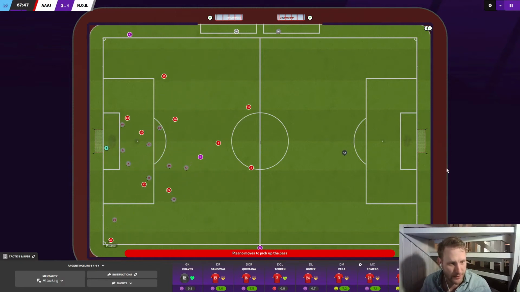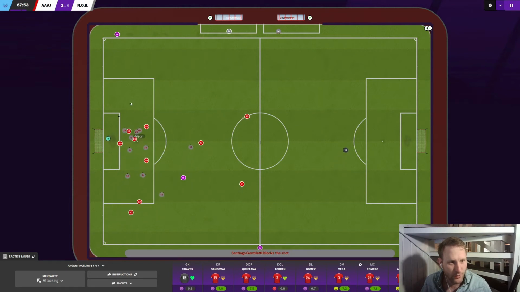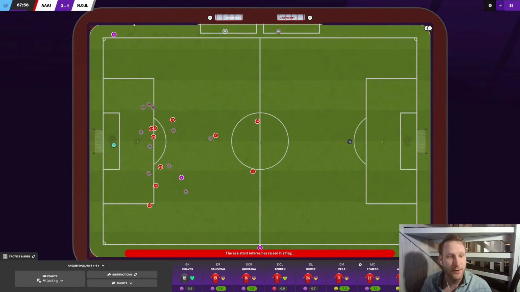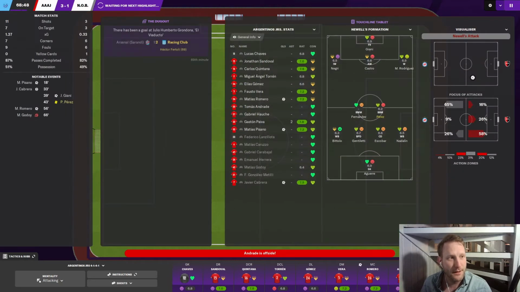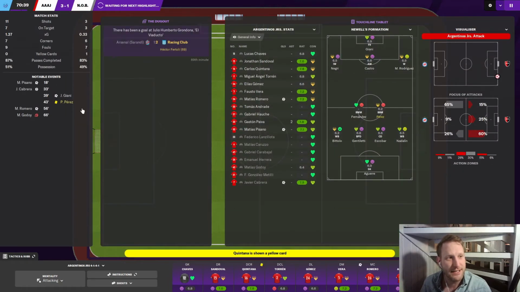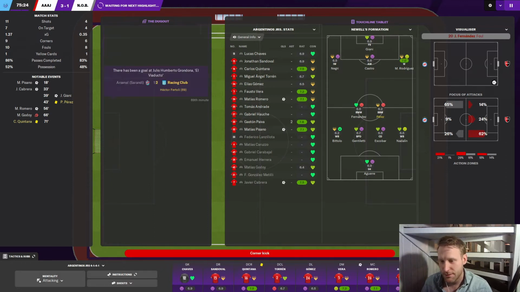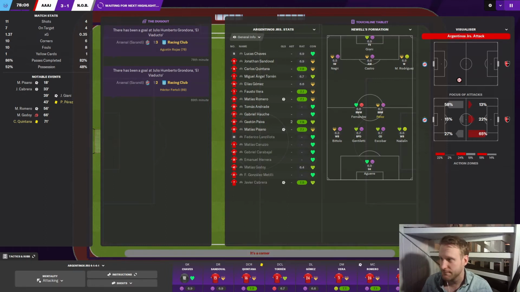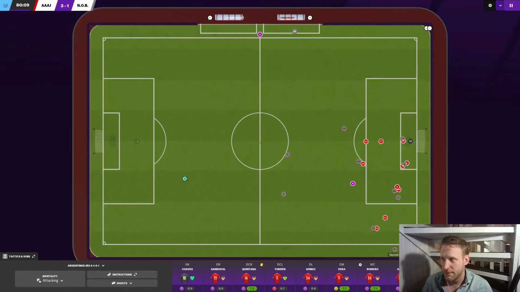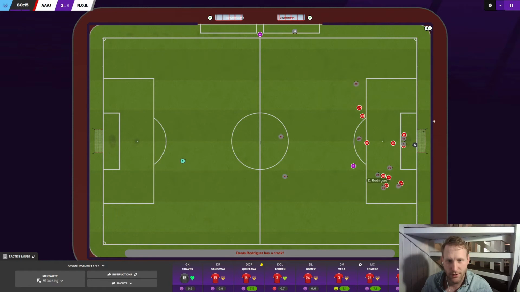Okay, nice ball there. Now what? Like that. I think we've been decent. We are 3-1 up. We are crushing them stats-wise. We've scored at least one or two good ones. So I'm pretty pleased. I don't know what you think, but I'm actually pretty pleased with this tactic so far.